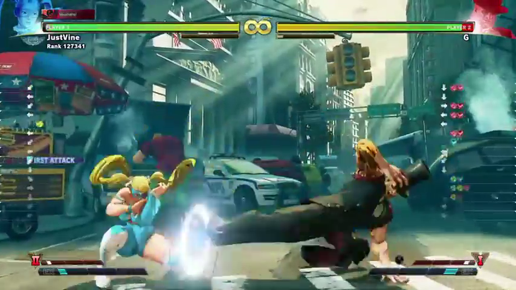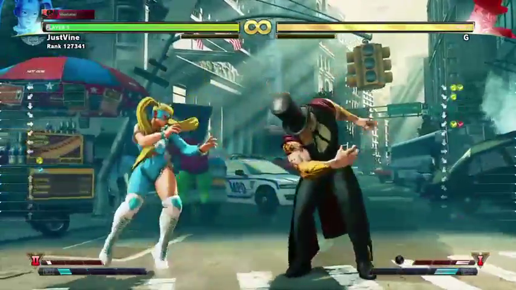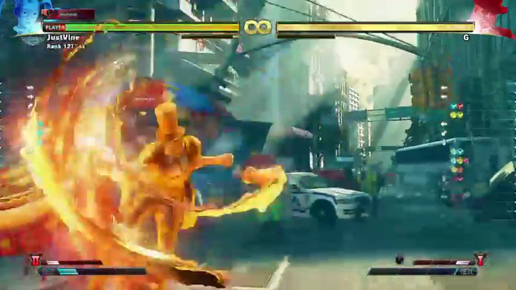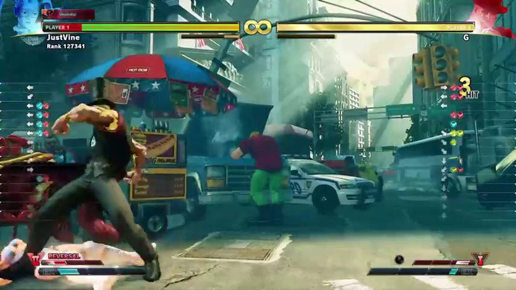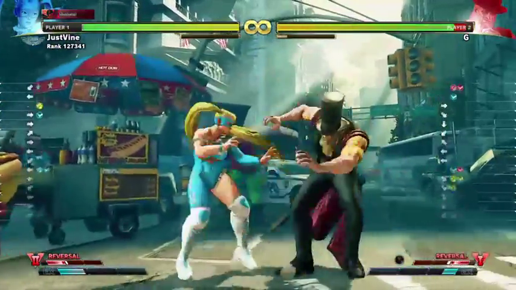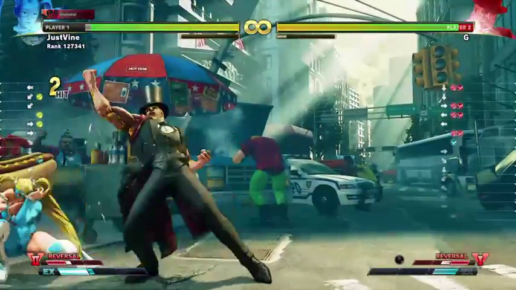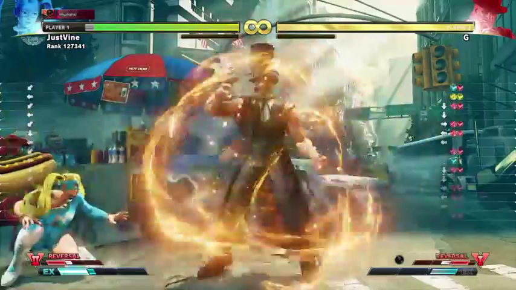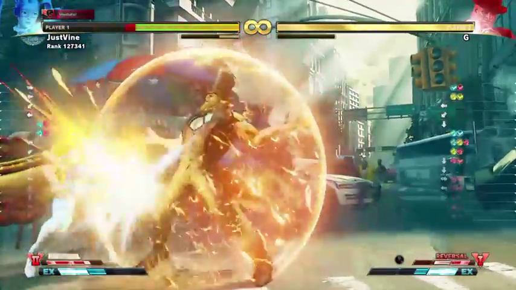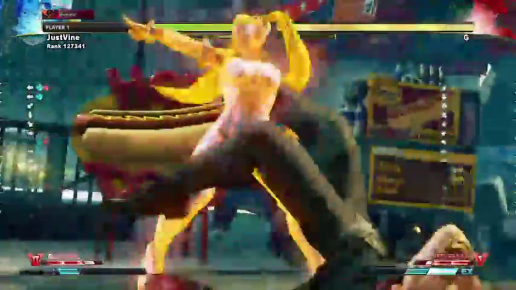And if I'm out of range of his wheel kick, I'm out of range of his command grab, which is pretty good, because again, it does damage, it knocks you down, and it gives him control of the spacing. But it puts you out of range for everything else. However,